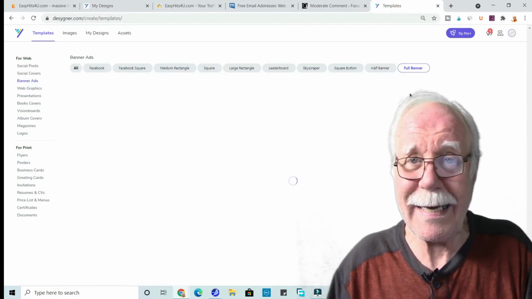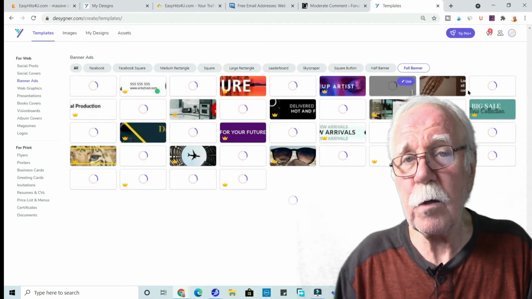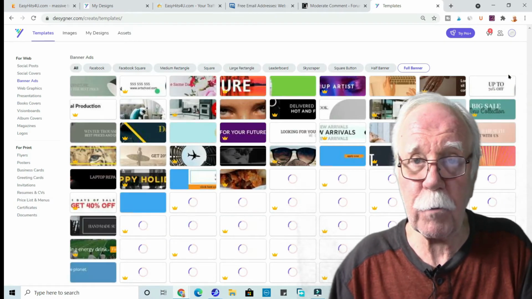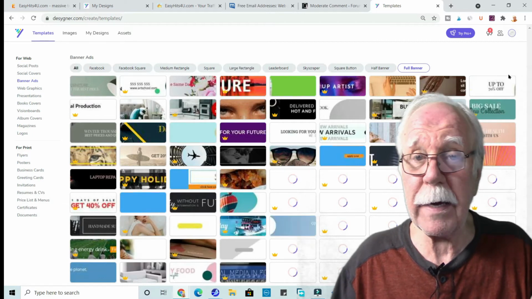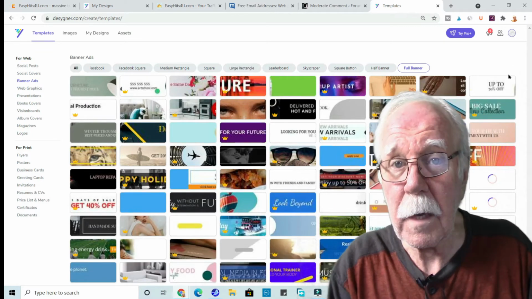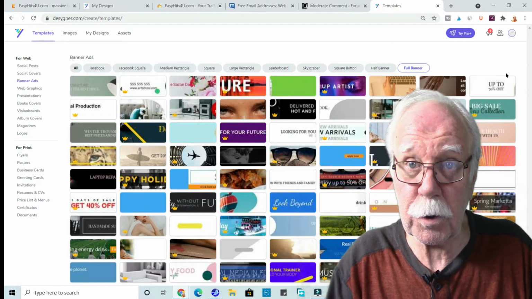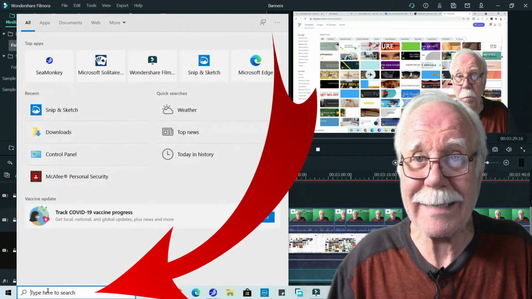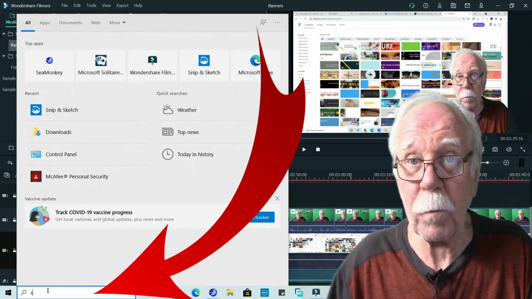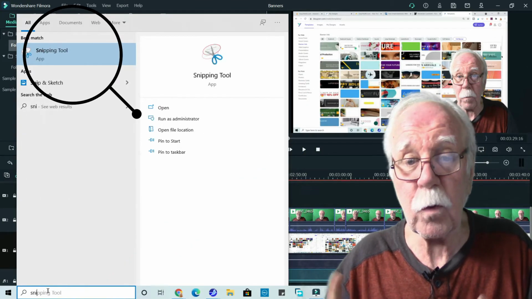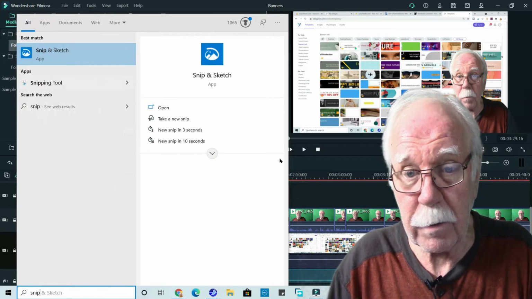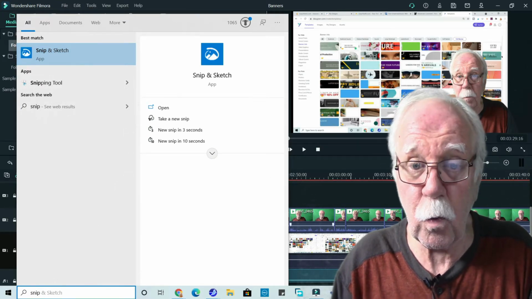The first thing we need is an image, and we can use a snipping tool in order to get that image. Now your computer should have a snipping tool built in. If you type in snip in your search box on your computer, that should give you access to your snipping tool. If you do not have a snipping tool, no problem. You can download one absolutely free. You can download an excellent snipping tool from